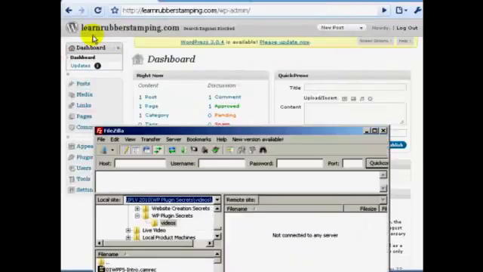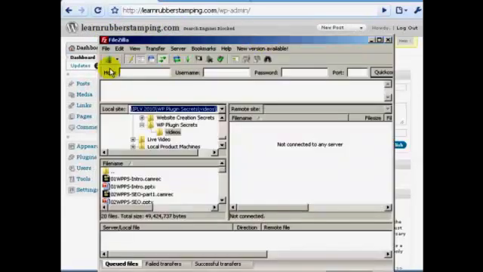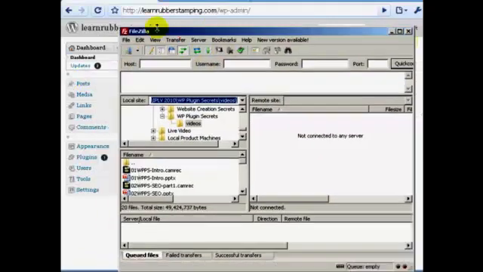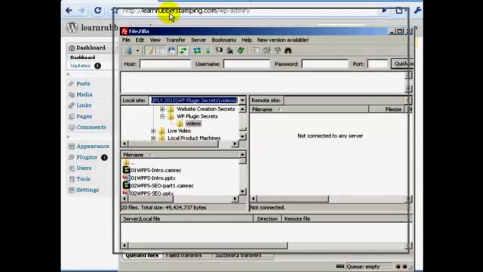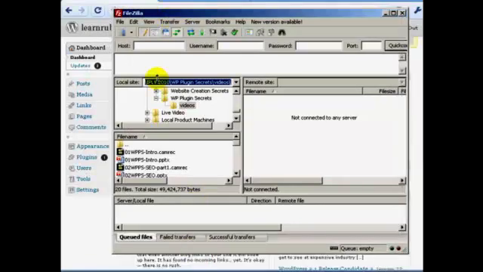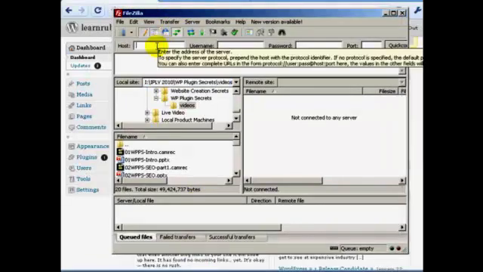Because I'm using LearnRubberStamping.com, I need to log in to the FTP, the file manager of that site. And to do that, I would recommend a program called FileZilla, as you can see here. If you go to Google and type in FileZilla, it's free, and I love this program. It's a great program, and it's very easy to use. But before you can do that, you need to type in the FTP,